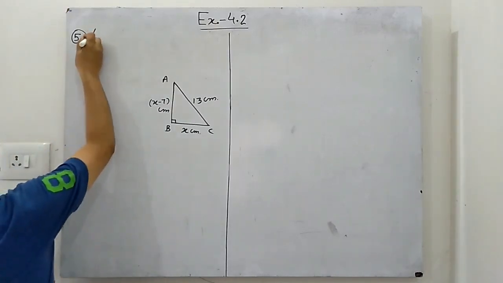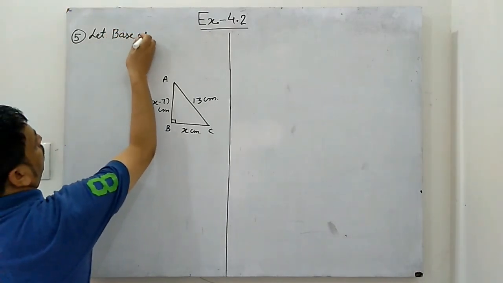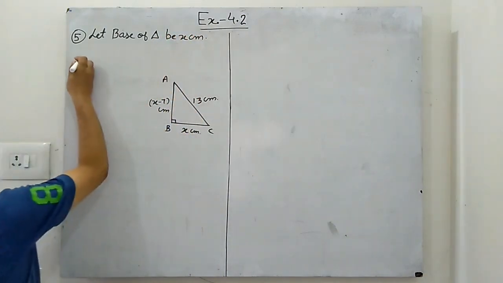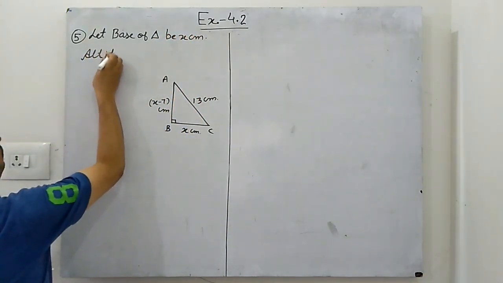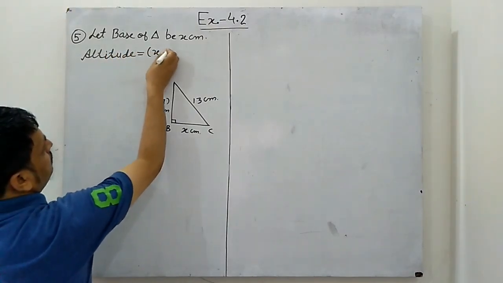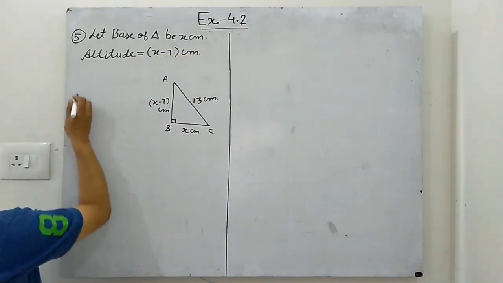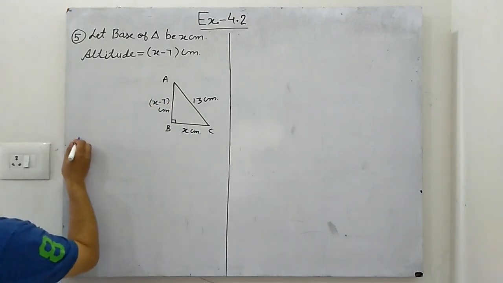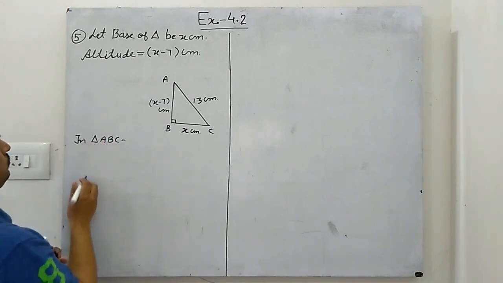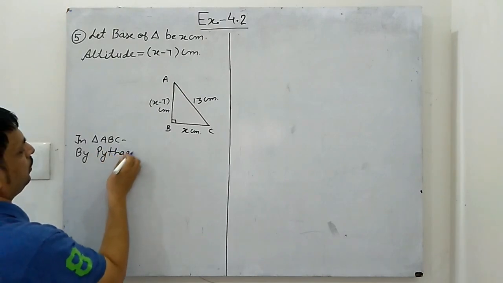Clear? So let base of triangle be x centimeter. So altitude, which is called perpendicular also, is 7 centimeter less than its base. So x minus 7. And hypotenuse is given 13. So in triangle ABC, by Pythagoras property